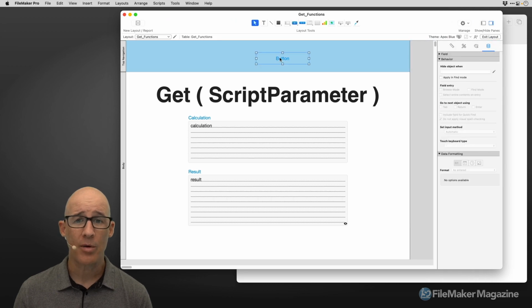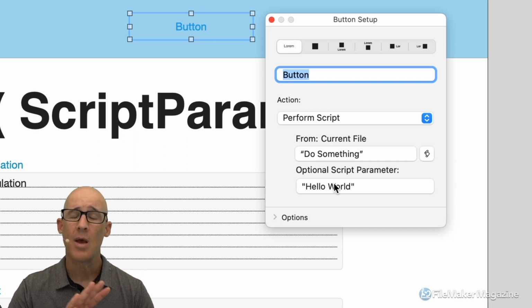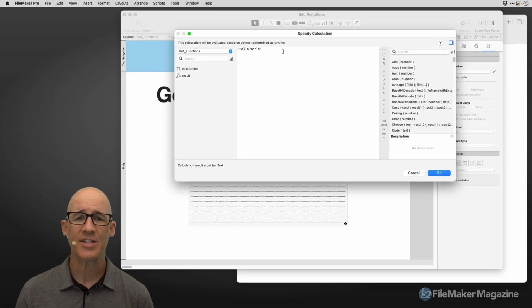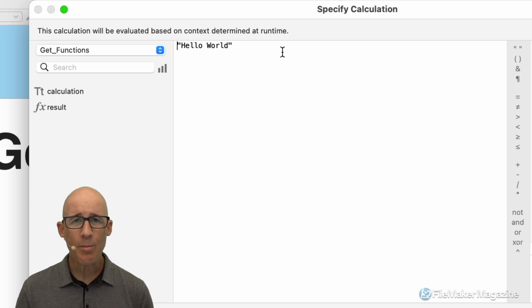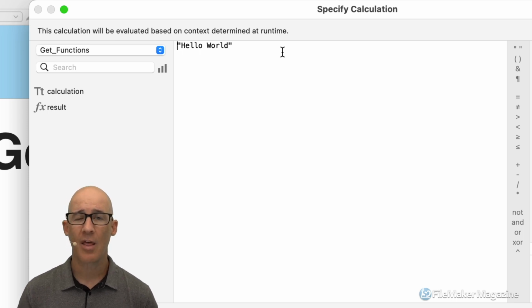Heading back into layout mode, double-clicking my button, and then going and looking at where the script parameter comes from, right here. And this shows up in script triggers. It shows up in your startup and your shutdown scripts with the file options, many different places. Look up other videos here on YouTube, and you will find out how to do that. When I click this, because we have access to FileMaker's calculation engine, we can pass multiple things into this script in multiple ways. Today's current programming environment, the best by far and easiest is using FileMaker's JSON functions, and it